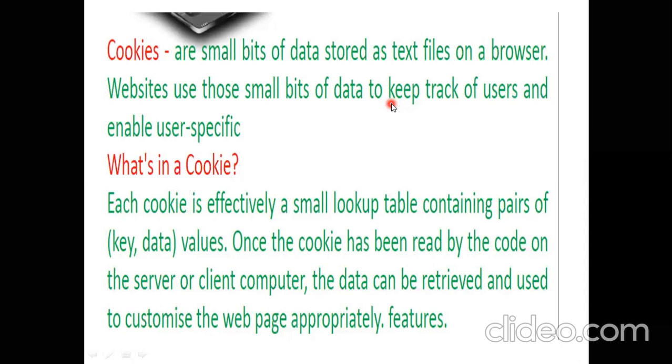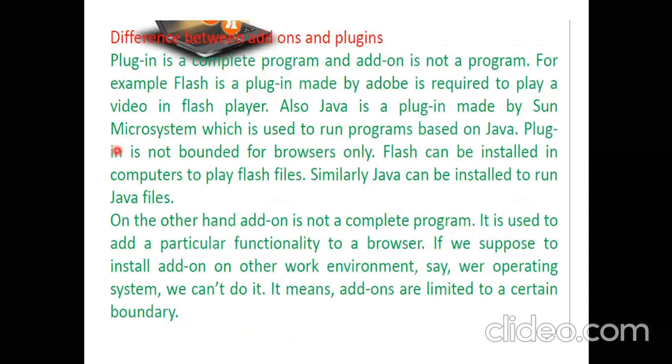Second point says that a plugin is not attached to the web browser. It is not like your plugin will execute only when your web browser is on. A plugin can be used even when you are accessing any local file on your system. Yeah. So whenever you are using any local file on your system, a plugin can be used at that time also. But add-ons cannot be used because they only operate with the web browser. They get activated when the web browser opens up. So these are a few of the differences between add-ons and plugins.